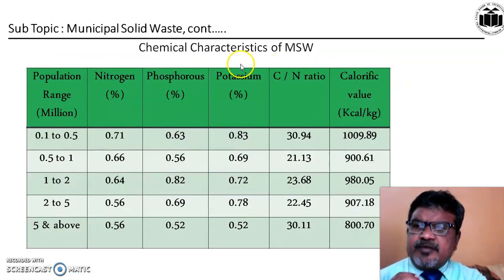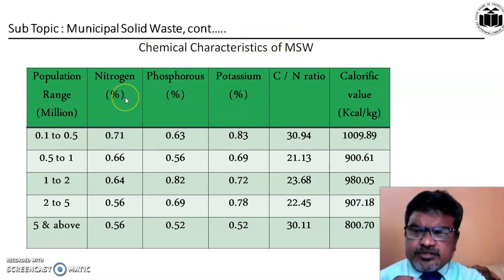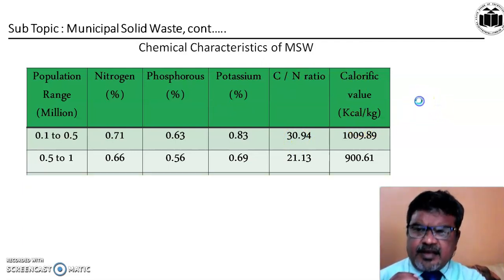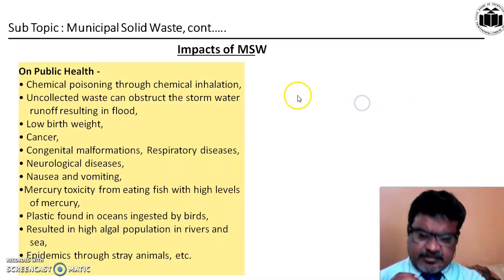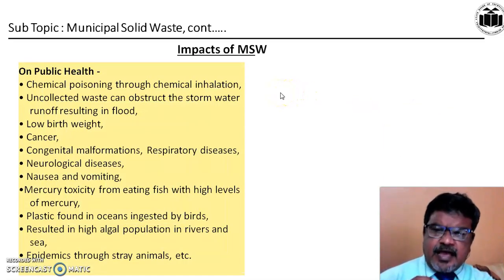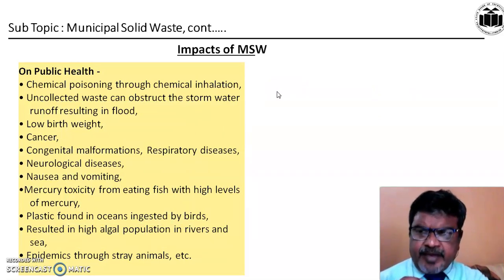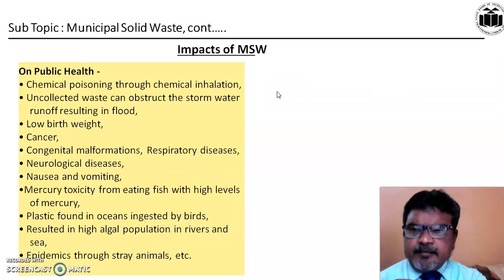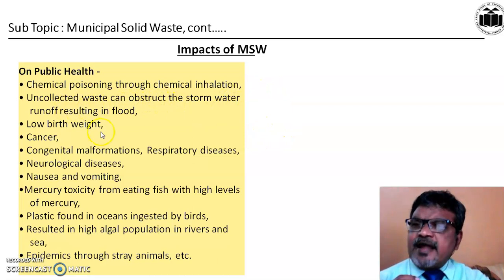Similarly, there are some chemical characteristics of municipal solid waste, and chemical characteristics are nitrogen, phosphorus, potassium, carbon, carbon-nitrogen ratio, calorific value and pH. These are the chemical characteristics of municipal solid waste. So municipal solid waste has various impacts. Two types of impacts: impacts on public health and impacts on environment. So let us have a look over the impacts on public health. Chemical poisoning by chemical inhalation,